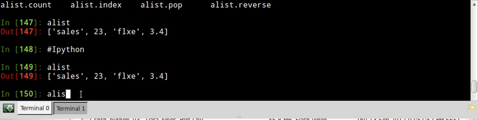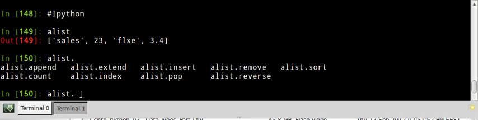First, a_list is the name of the list. Now I'm going to put a dot or a period at the end and hit the tab. This is going to show me all of the options, or all the methods that are available to me with my list. Now, I may not be totally familiar with what pop does, so let's do help